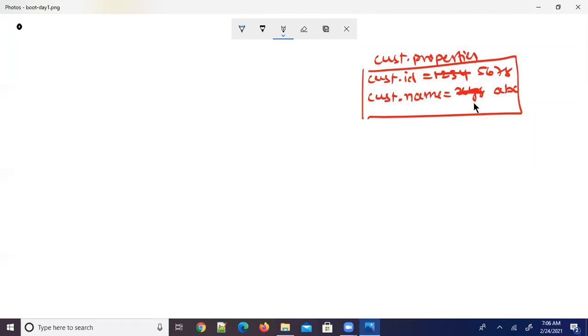But when you make any changes to the properties file, the application is reloaded again, but the time of the application reloading is very, very small. I'll tell you the reason why.